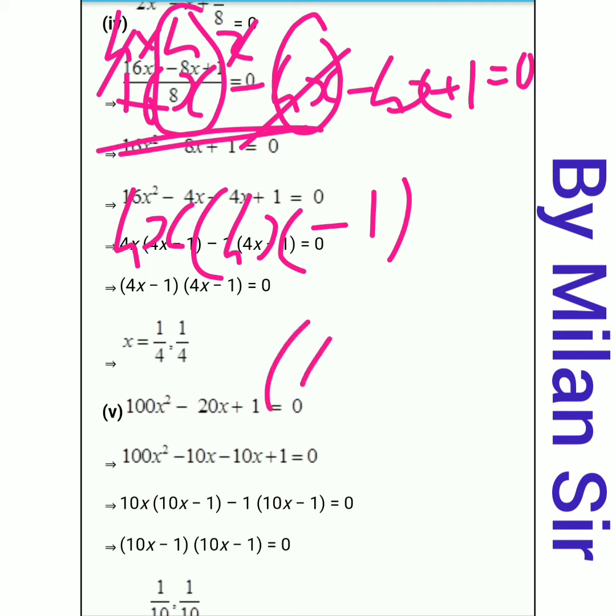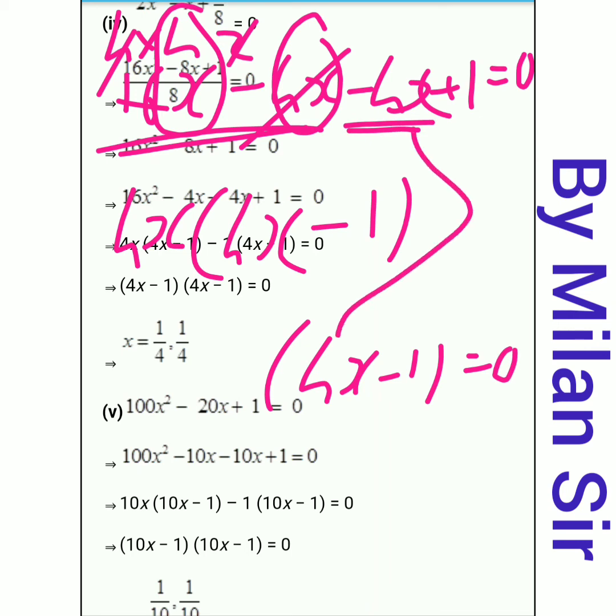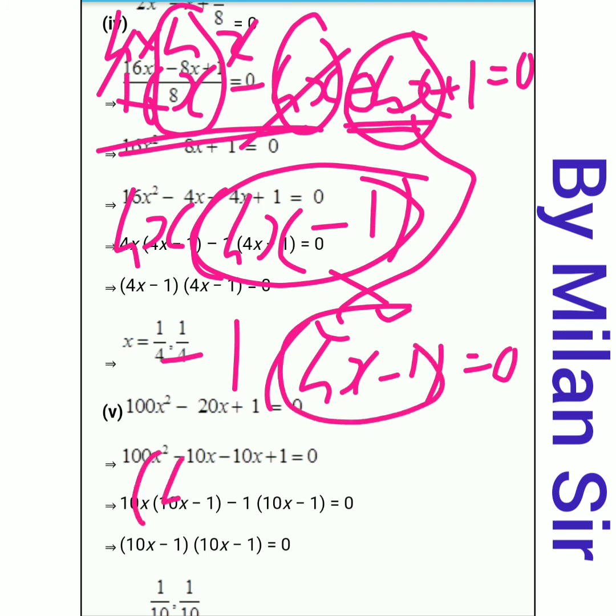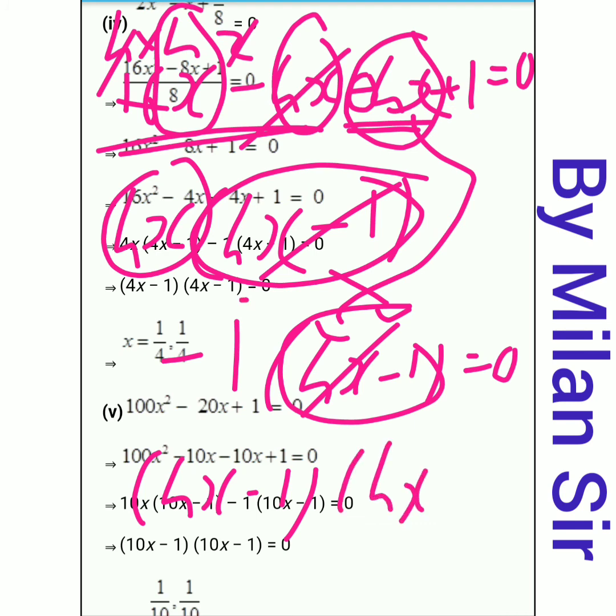Now the same bracket we need to write again. And here in the third term, we have minus 4x. Now 4x is already present here. Only the negative sign is remaining, and nothing else is remaining, so we write 1. Again, first of all we copy this bracket here. Then the third term minus 4x: 4x we already have in the bracket, so we put this minus sign here, and nothing is remaining, so 1. After that we can take 4x minus 1 as common, right? So what is remaining? Here 4x and here minus 1 is equal to 0.